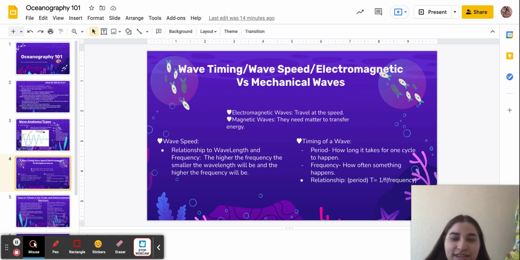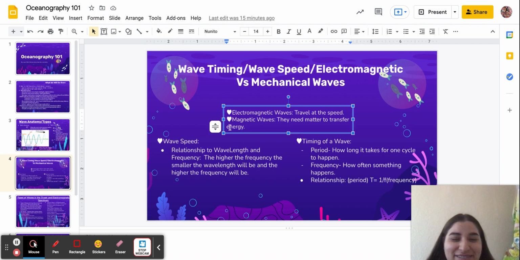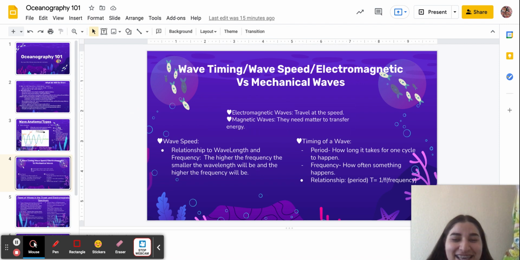And wave timing, this is all wave timing, wave speed, and electromagnetic versus mechanical waves right here. So the electromagnetic waves travel at the speed, and magnetic wave and mechanical. Oh my God, this is supposed to say mechanical. I messed that up. That's supposed to say mechanical. Mechanical waves, they need matter to transfer energy. So the wave speed, the relationship to wavelength and frequency. So basically,